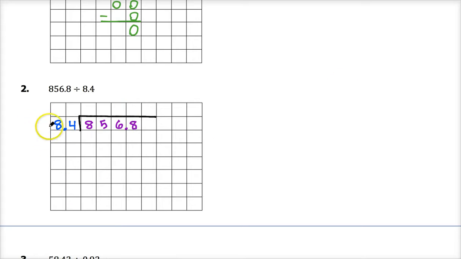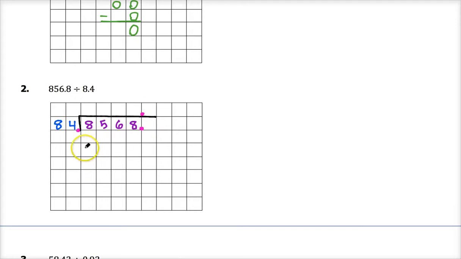Okay, so we start out by making our divisor a whole number, so I need to move the decimal point on 8.4 one place to the right. So this becomes 84. I need to do the same thing with the decimal point in my dividend. I need to take this decimal and move it one place to the right, so this becomes 8,568. I'm also going to line this decimal point up with the decimal point in my quotient, and now I